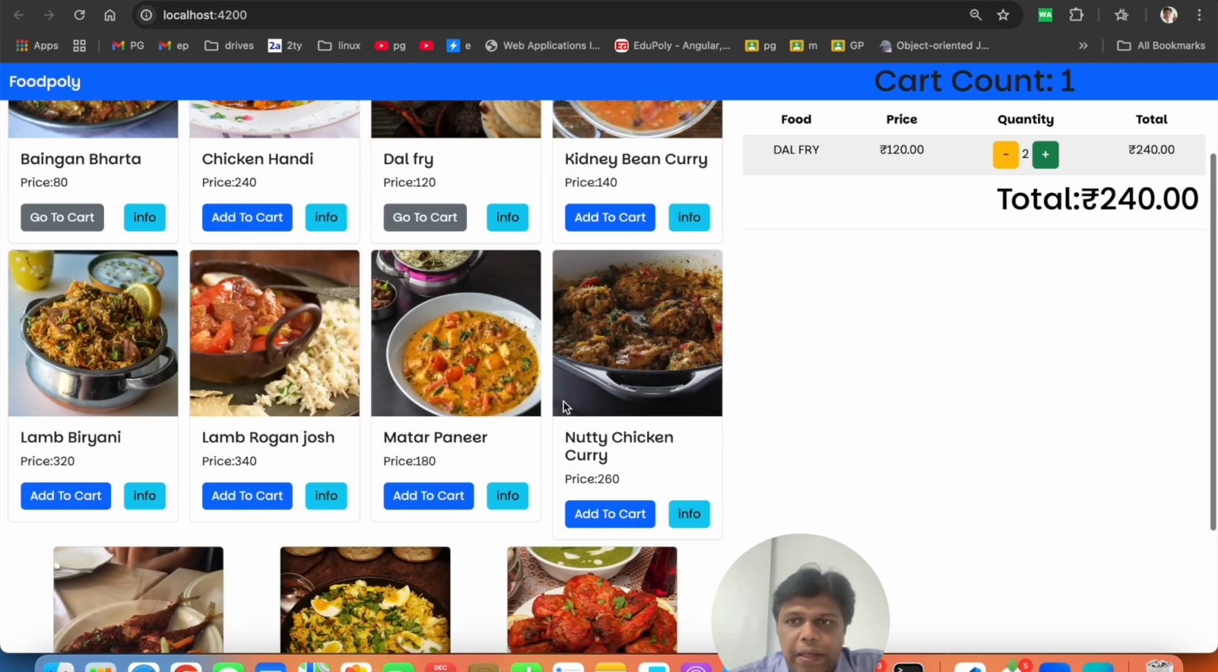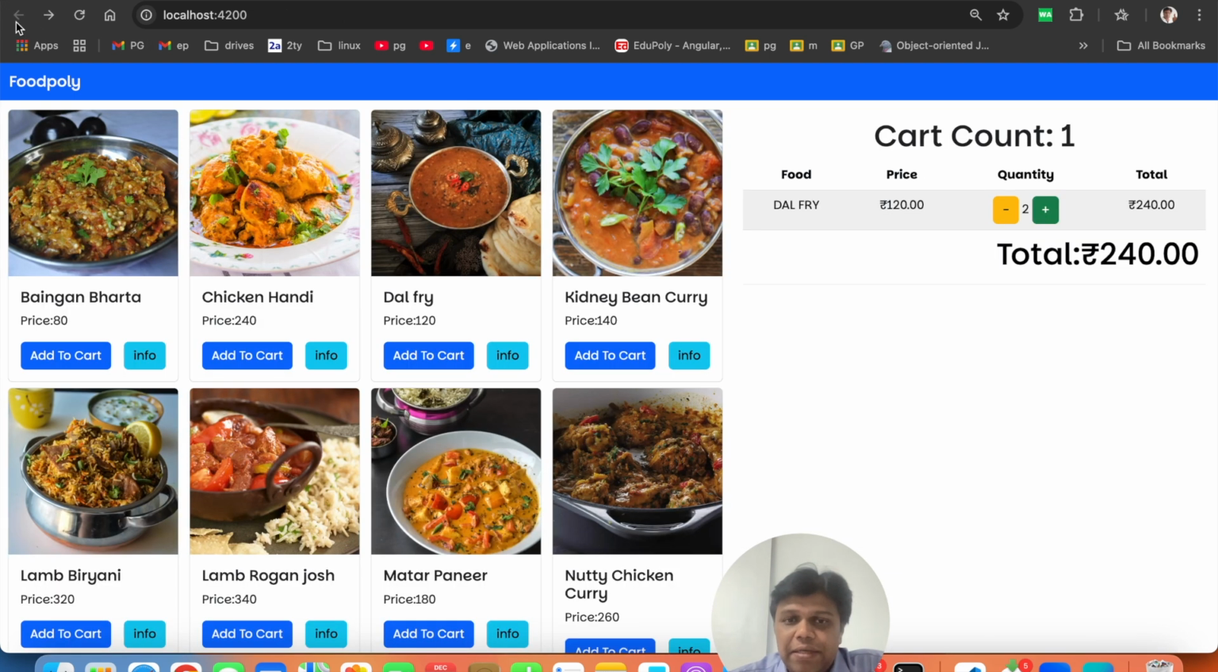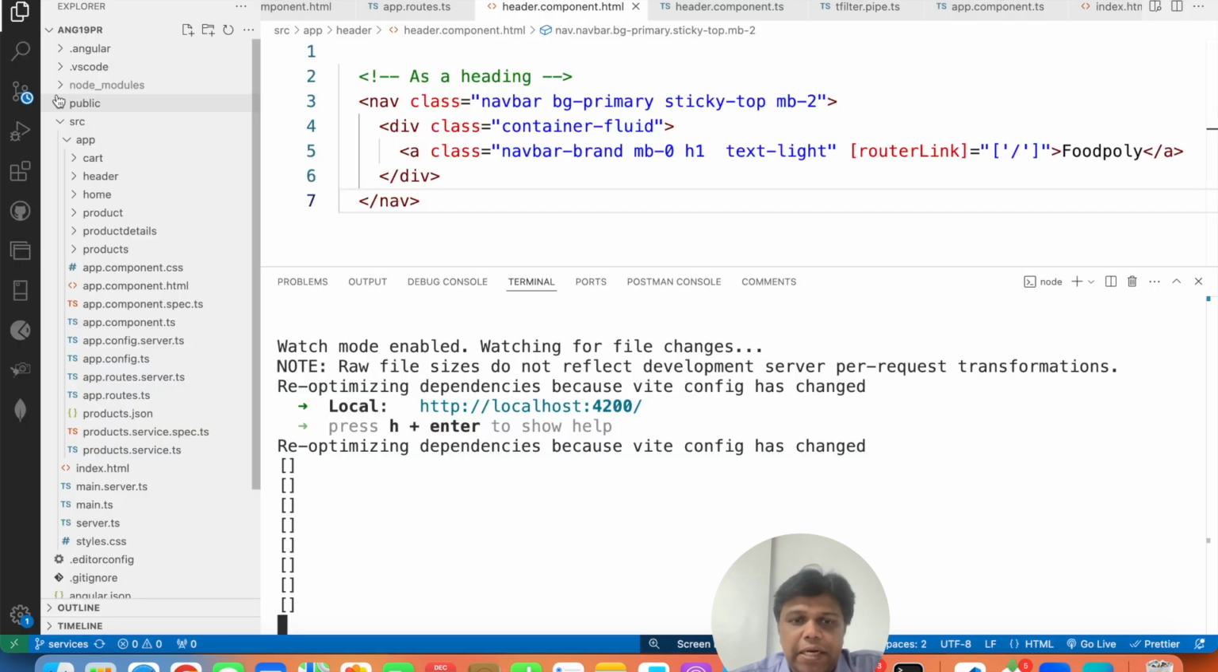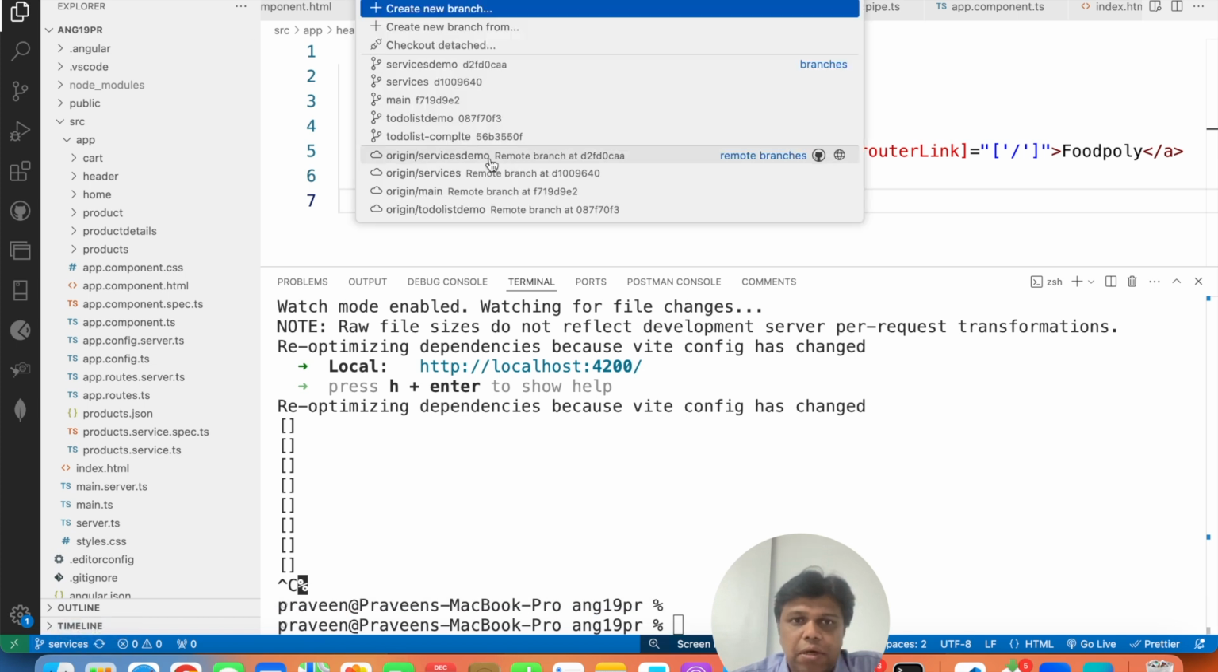So along with that we will go for info page where this implements the routing. In this part we have implemented something like how do we implement the route, as well as how do you pass the data from one component to another component. And even in the cart also we have used something called behavior subjects. And before that also, whatever the necessary features are needed, for example I just change the branch from